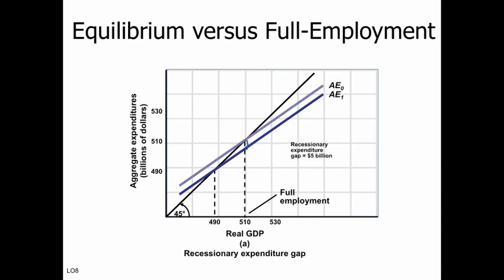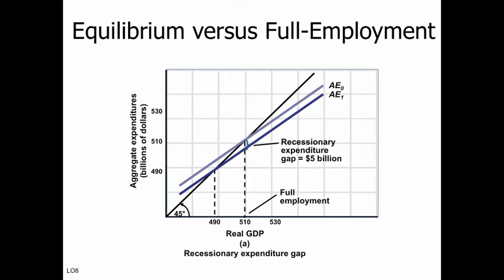So here's our aggregate expenditures model again. And what we see here are two spending lines, AE0 and AE1. What's the difference? Let's say AE1, the lower of the two spending lines, represents the current level of spending in the US economy. Therefore, the current level of GDP will be where that spending line crosses the 45-degree line, right here, $490 billion. So right now, based on the current level of spending, the economy is producing $490 billion